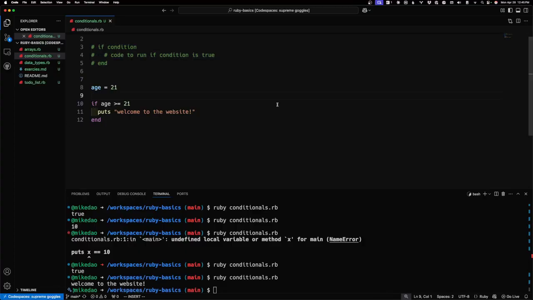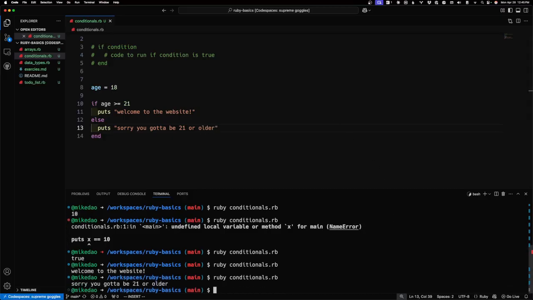Let us change our code. First we're going to change this to 18. We have the if age is 21, puts welcome to the website. Now we're going to add another conditional branch: else puts "sorry, you gotta be 21 or older." And we run it, and we see that. So when we run this, we clearly get sorry, you must be 21 or older, because 18 is less than